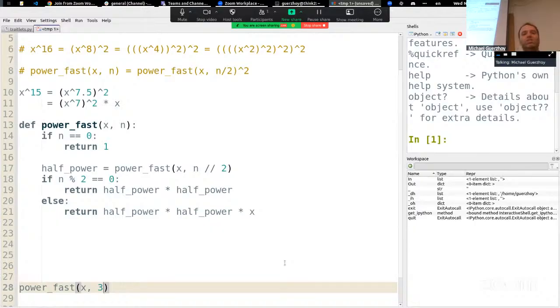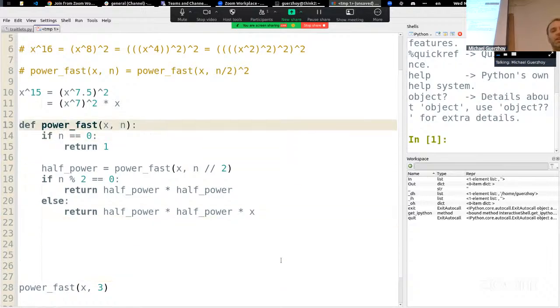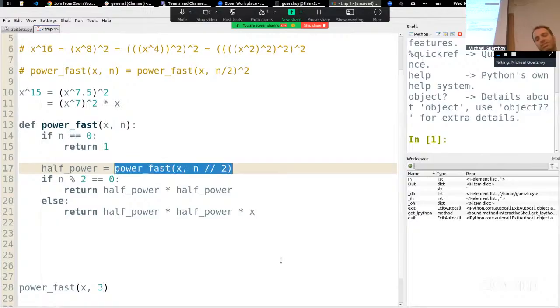And then what's going to happen? So this is the first time that I'm doing this kind of graphic representation, and we'll be using it a lot this lecture. So I'm calling power fast x3. So what's power fast x3? Well, I plug in the 3 here. I skip this because 3 is not equal to 0. And then I compute half power. So when I compute half power, what I'm doing is I'm calling power fast